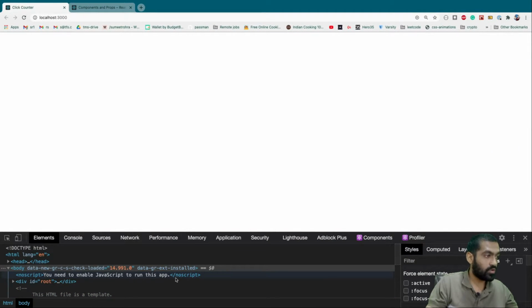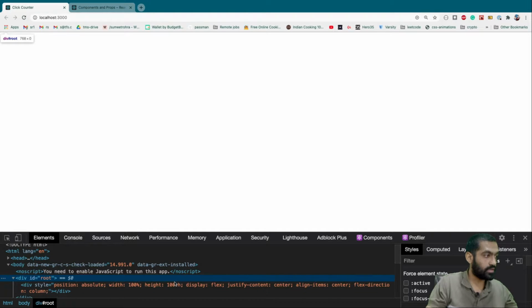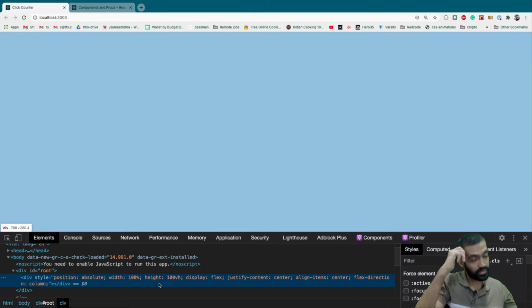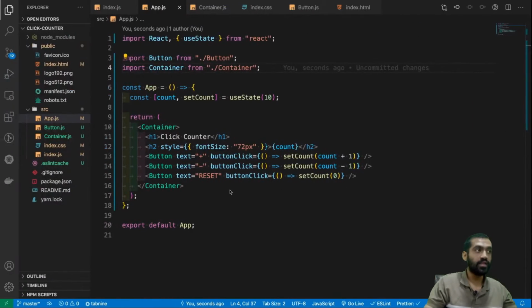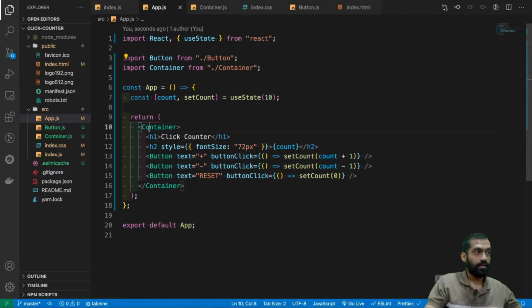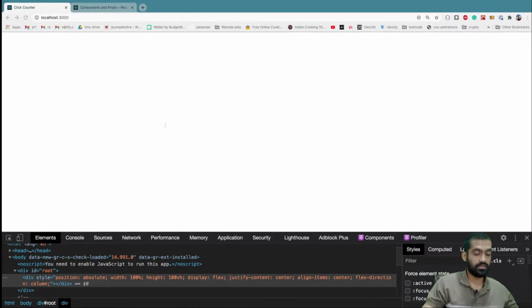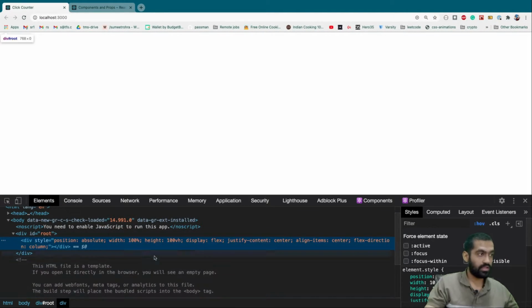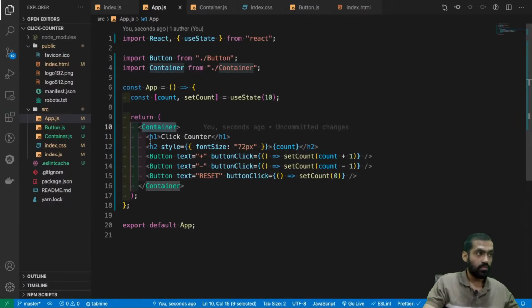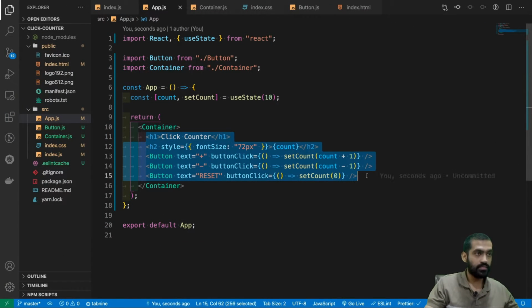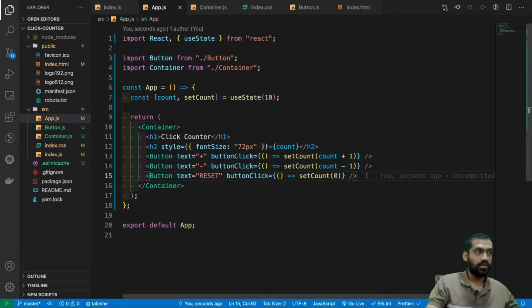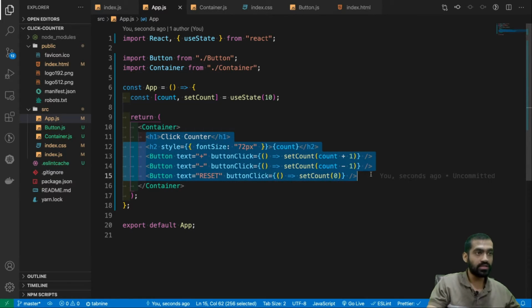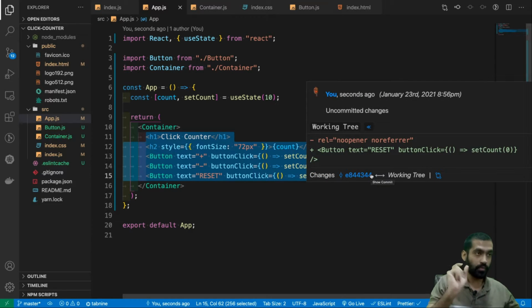Oh my god, where did all go? Inside div. Okay, we have an empty div. What's happening here? Here's the thing. If we can see all the styles that we pass, we are getting those styles here inside that div. But what's happening is all this is not being rendered. Why? Because all this is also considered as a particular prop.